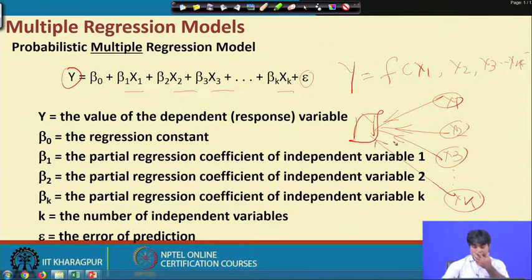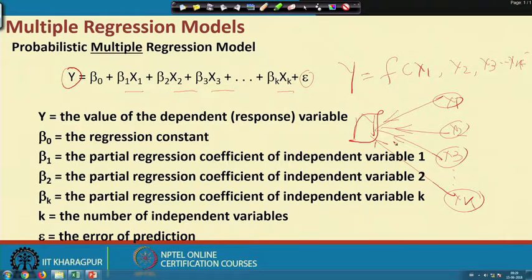In the case of multivariate regression modeling, the impact may be bidirectional, but in this case the impact will be unidirectional. Every time we would like to check the influence of x1 on y, x2 on y, x3 on y, and likewise you can continue, and then xk on y.